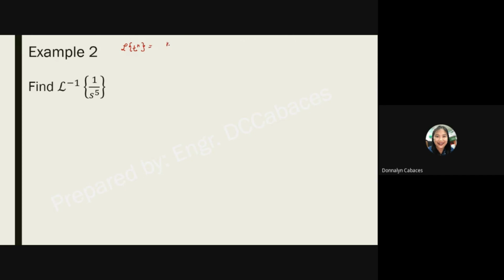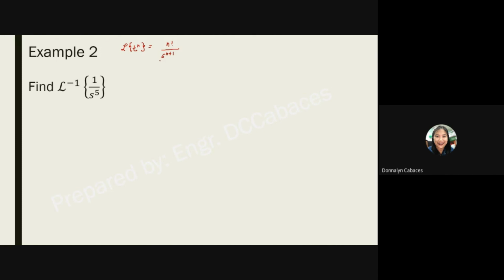That is equal to n factorial over s to the n plus 1. So if you are going to look at here, s to the fifth, which means that n is 4. Okay? So there should be 4 factorial in the numerator. So we multiply 4 factorial over 4 factorial to our